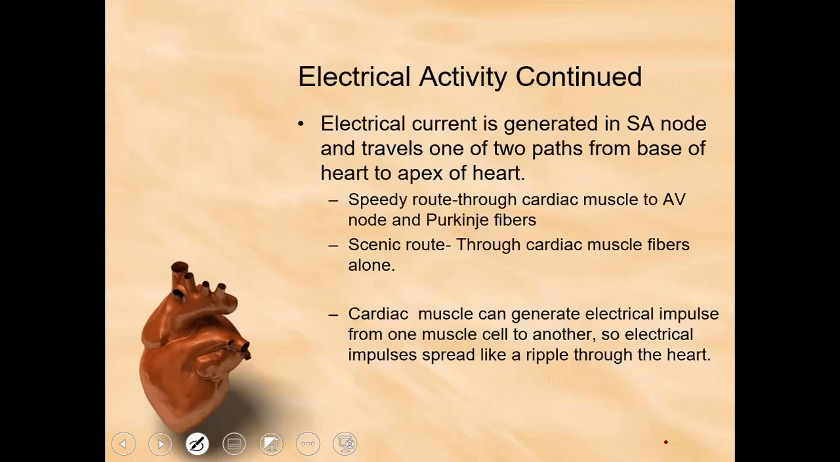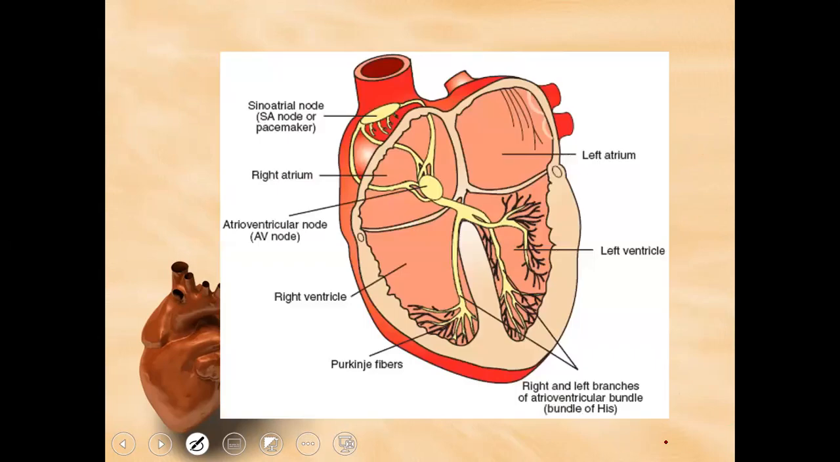So that's where the speedy route and scenic route come into play, correct? I have my sinoatrial node. This is where the conduction is originating. My atrioventricular node, which collects the electricity to send it down to the ventricles. Speedy route is where it goes bzzz. Scenic route is where it meanders